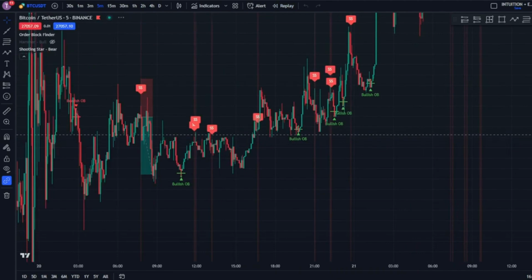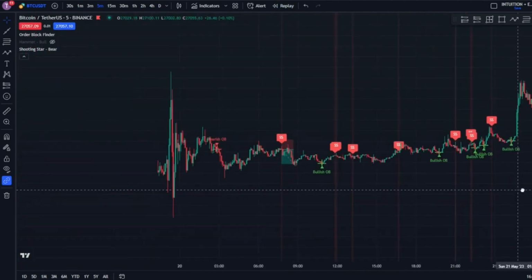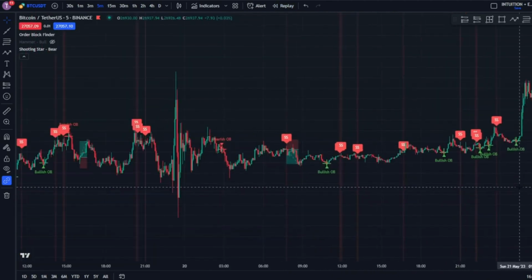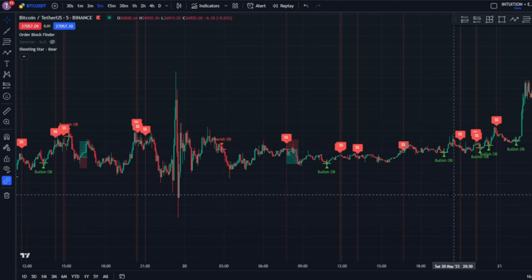As you guys can see, this strategy is pretty simple. What we're looking for is the formation of the order blocks before looking for a confirmation of the bearish or bullish sign of the shooting star or the hammer. So it's a pretty simple strategy. Hopefully you guys will be able to learn